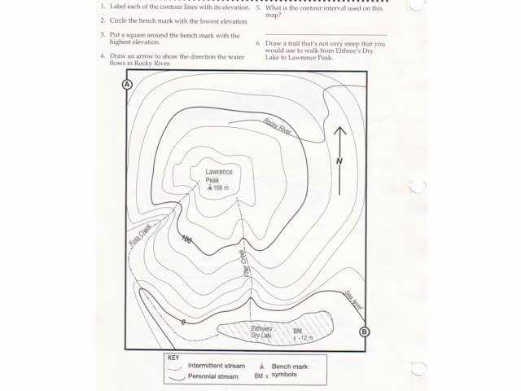Number 1 says, label each of the contour lines with its elevation. Well, before you can do that, you have to understand what is the distance between each line. And that's not always that easy to figure out. But if you count how many spaces there are, how many elevation changes, which in this case, if you start at 0 sea level and you count each line until you get to 100, it goes 1, 2, 3, 4, 5. 5 lines to get to 100, or basically 5 spaces or 5 elevation changes. So if I divide 100 by the 5 spaces, I would get,